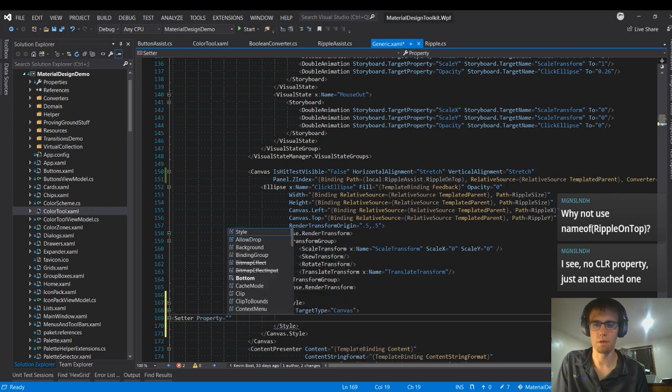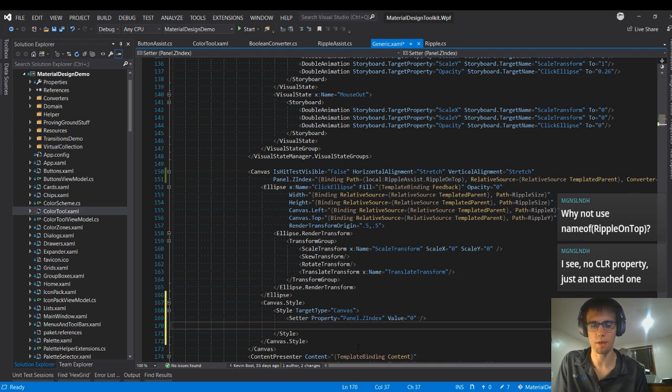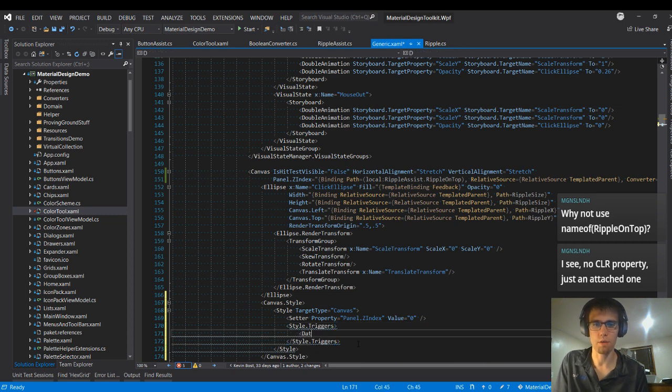I think for purposes of paranoia and to be explicit, we're just going to set it to 0 just to make sure. If somebody wants to check the docs on that and tell me what it defaults to, that would be great. But we are going to jump down here and do data trigger,